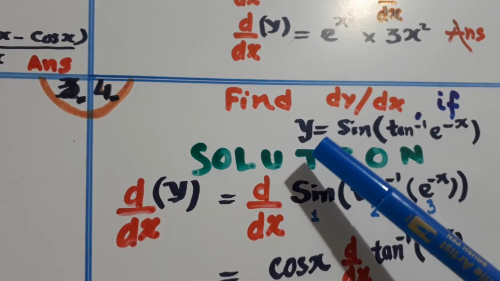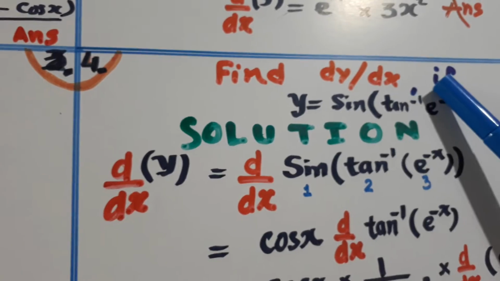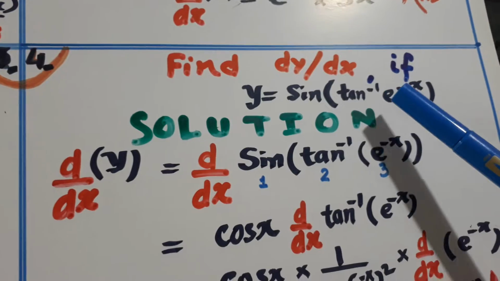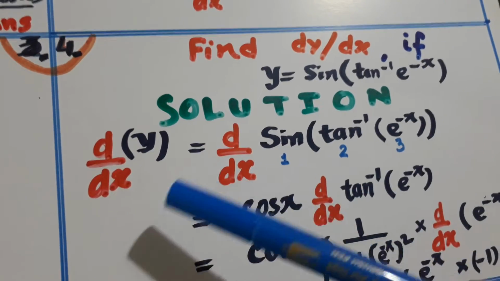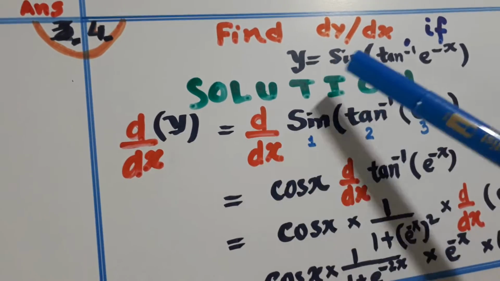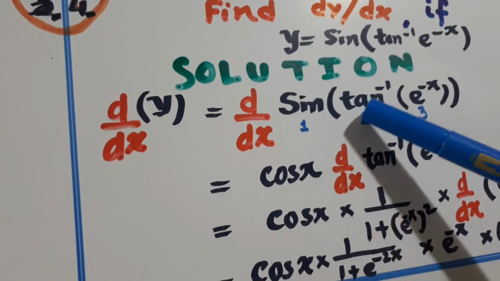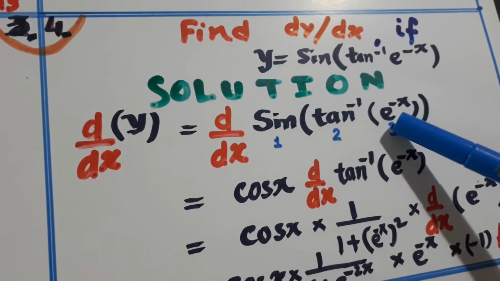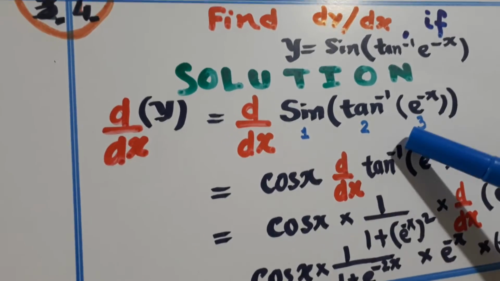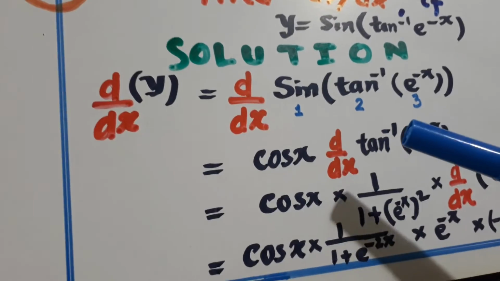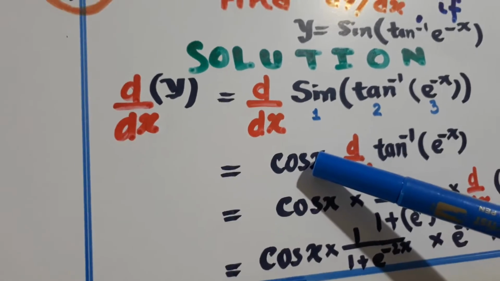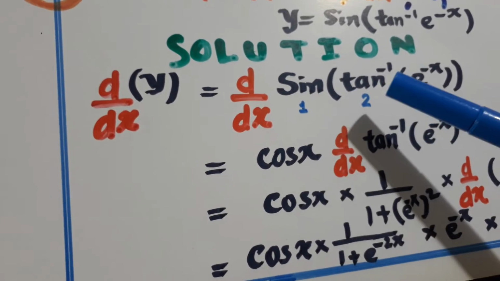Now question number 4. We have to find dy by dx if y is equal to sine within the bracket tan inverse e raised to power minus x. Now look here, let us take the derivative of both sides. So d/dx of y is equal to d/dx of sine within the bracket tan inverse within the bracket e raised to power minus x. These are 3 functions. We will have to take derivative 3 times. Now look here how to take the derivative. Derivative of sin x is cos x. So derivative of